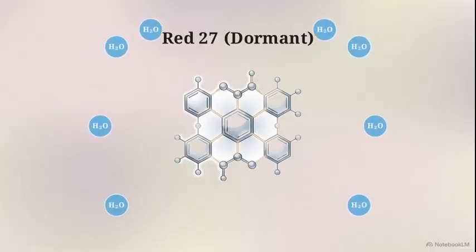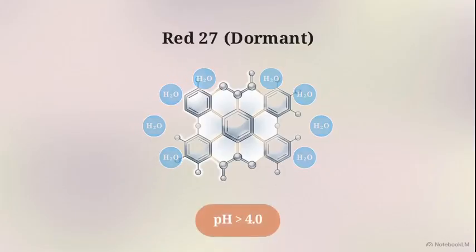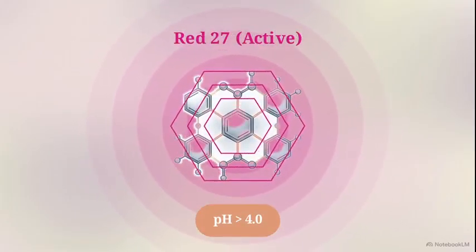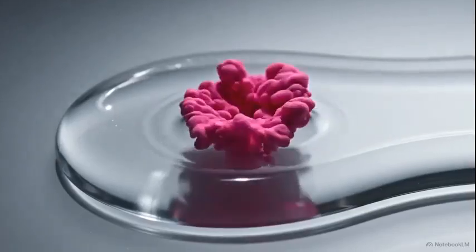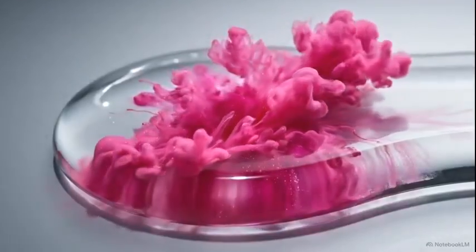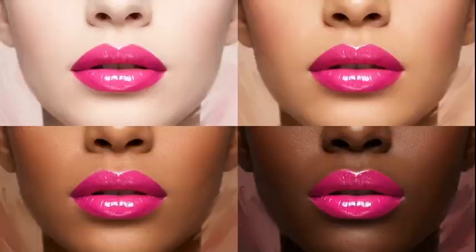It remains dormant until it interacts with transepidermal water loss and a pH above 4.0, shifting to a highly charged fuchsia state. Because human skin averages a pH of 5 and saliva is 6.7, the dye triggers the exact same chemical reaction on almost everyone. These products produce a standard fuchsia that only looks unique because it functions as a sheer stain over your existing